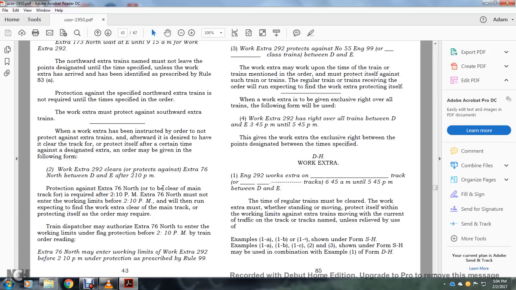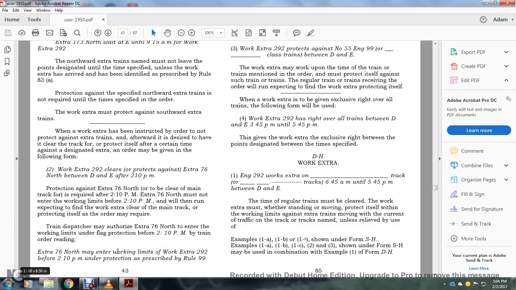Protection against 76 is to be clear of the main track at the required 2:10. Extra 76 must not enter the working limits before 2:10 p.m. and will then run expecting to find the work extra clear of the main track or protecting itself, as the order requires. Or train dispatchers may authorize extra 76 north to enter the working limits under flag protection before 2:10 p.m. by the train order reading: